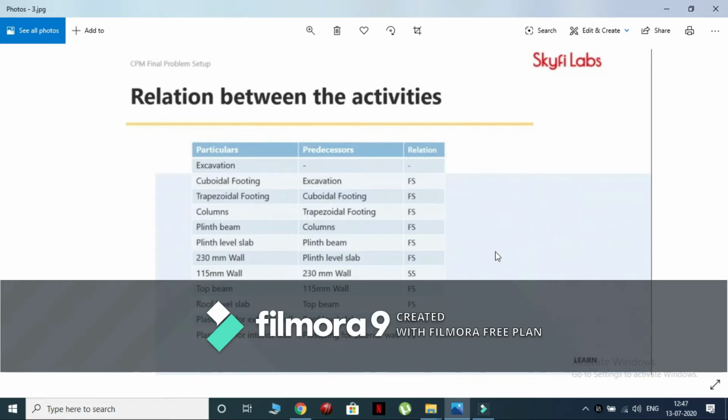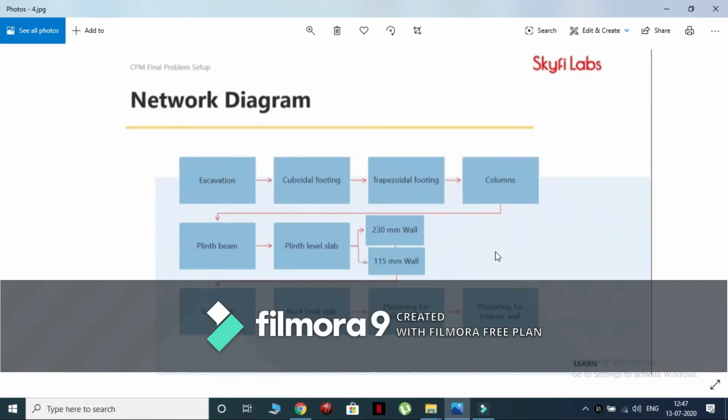We will now draw a network diagram for the given activities to know the path of the project. From the network diagram, we can see that 230 mm wall activity and 115 mm wall activity are starting on the same day. The scheduling is done in this way to optimize the project completion duration and budget. Since both the activities require very less labor, we can start them at the same time to optimize the cost